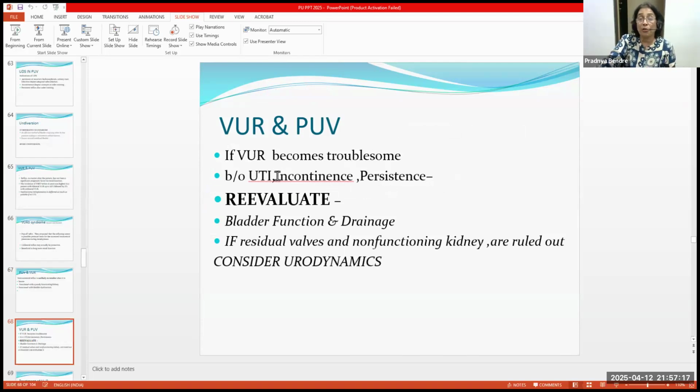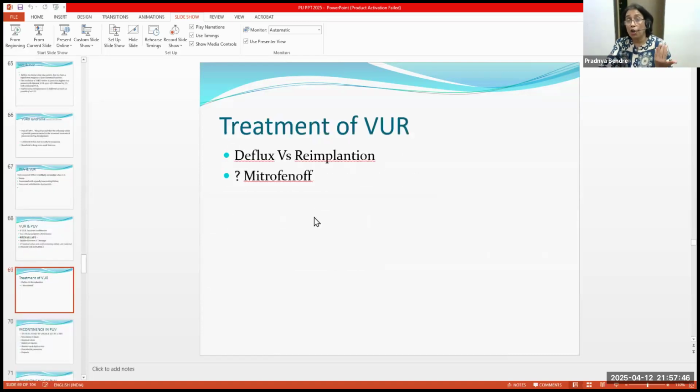So if there is recurrent urinary tract infection, there is incontinence, the bladder is going into a valve bladder because of the yo-yo movement and persistent residue in the bladder, then reimplantation or something else can be considered. But re-evaluate the child again, find out how the bladder function is, and then decide whether reimplantation can be done or not done. The outcome of reimplantation would be close to the reimplantation in primary VUR, provided the bladder is stabilized perfectly, which is